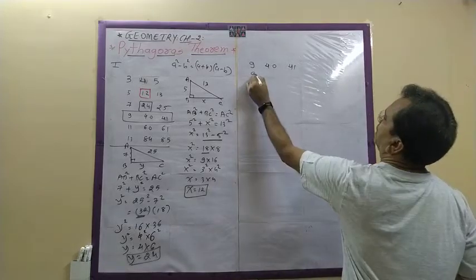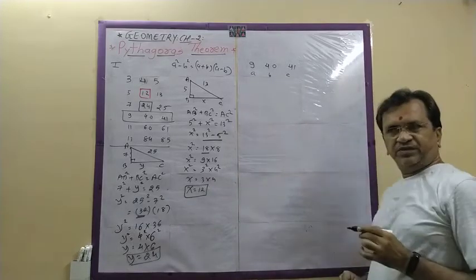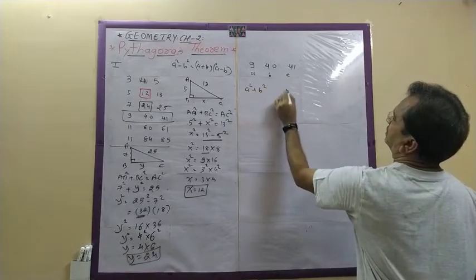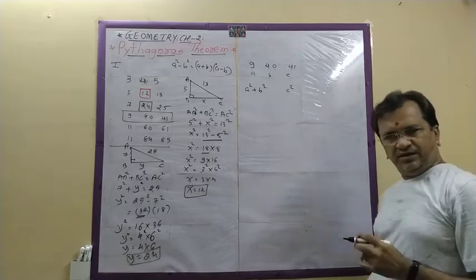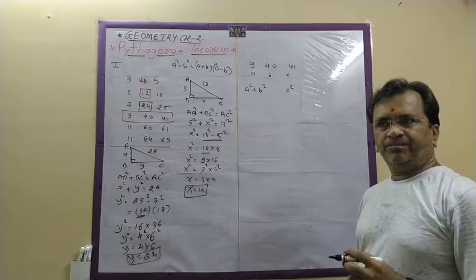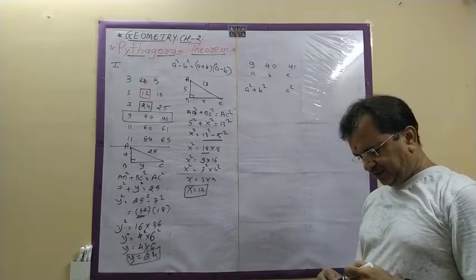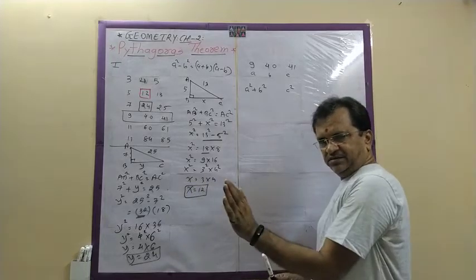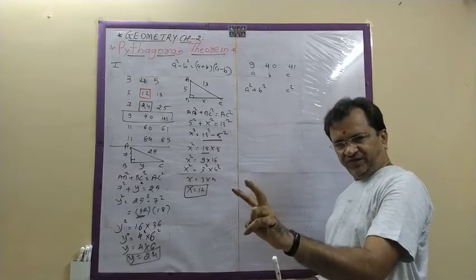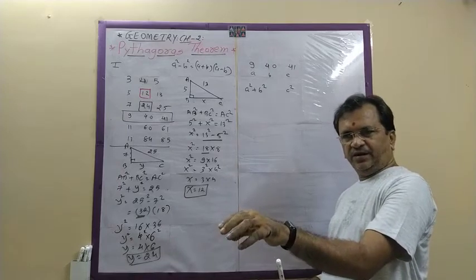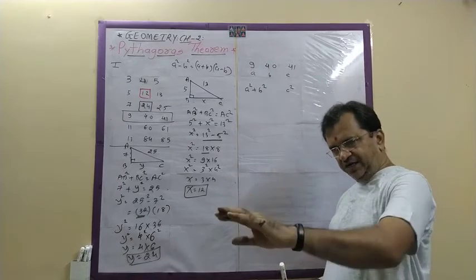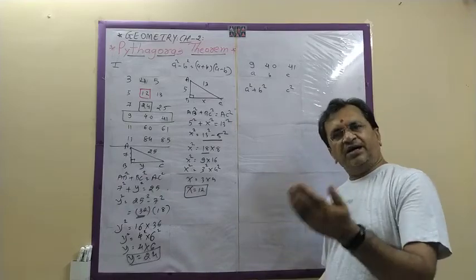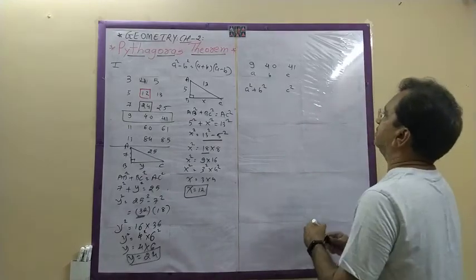For example, these are your A, B and C. Generally what you do is A square plus B square and C square; if both are equal, then it is a Pythagoras triplet. Means you omit the highest number, and you add the squares of the rest of the two numbers. I will do totally the reverse. I will not take the highest number. I will take the lowest number.